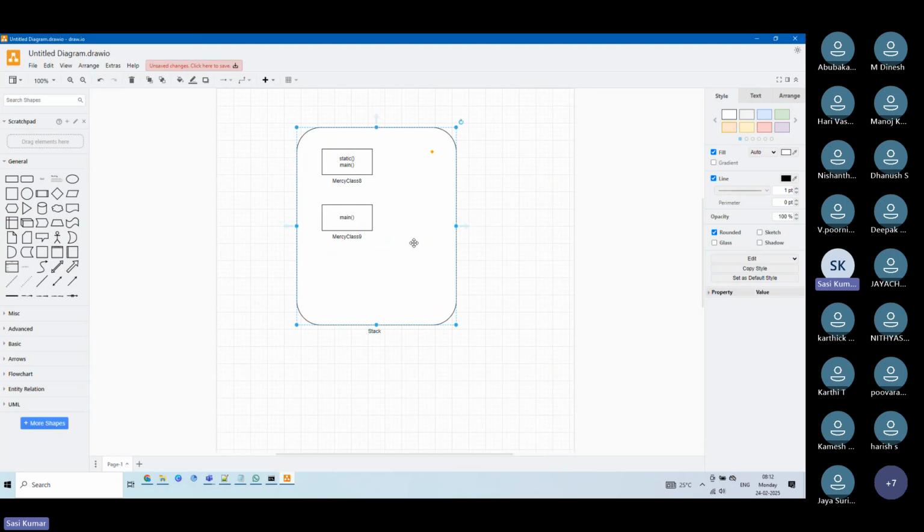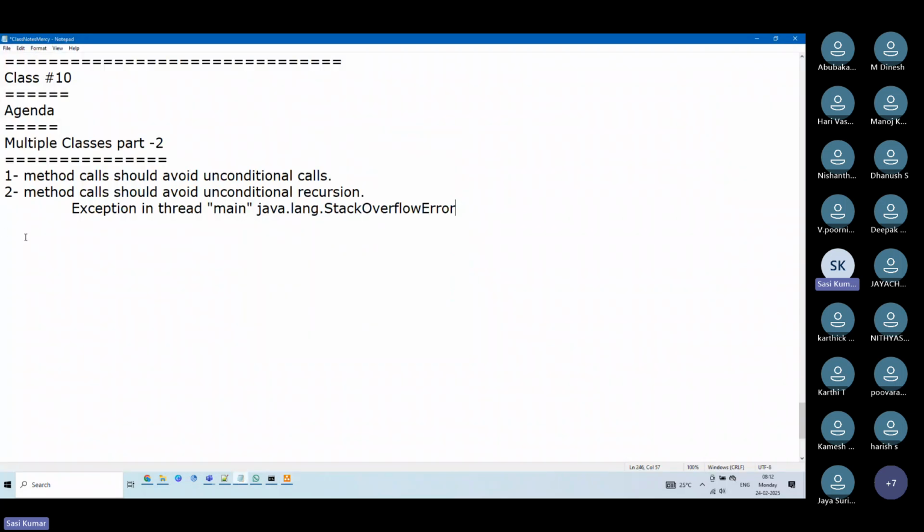So before even the main method gets called, the static block gets executed, that we have already seen in our previous class. So, sir, why are you telling this? Maybe I'll tell you why. So let's try to write one important point over here. What is that? The important point to be noted is